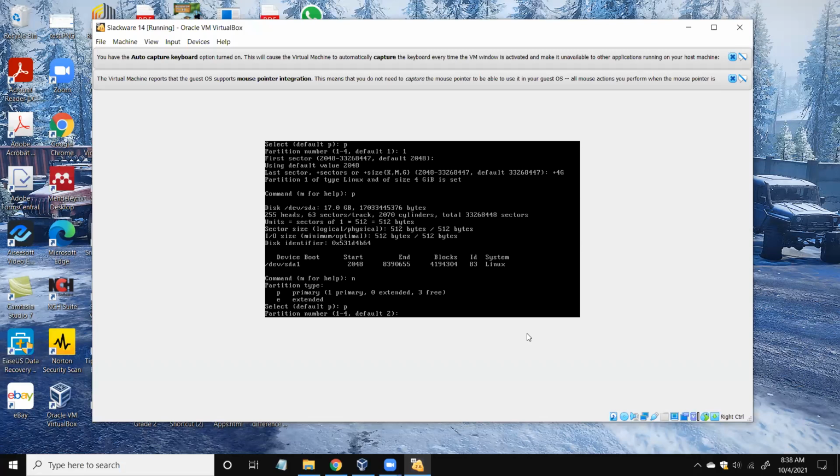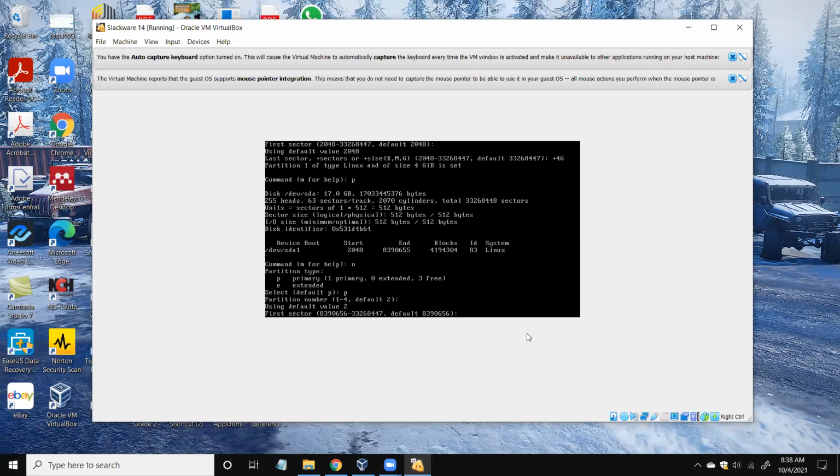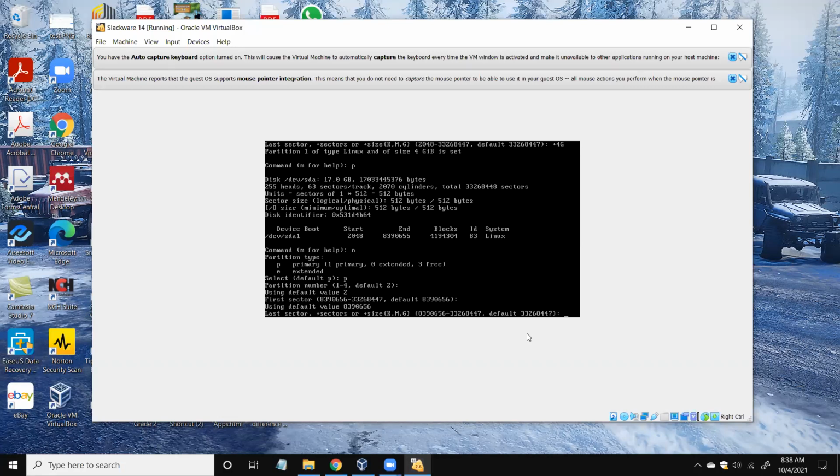Then the partition number. We can create 4 partitions. By default, it will take the next available partition because we have already created one, so we will press 2, or else it will take it as the second partition anyway. Then for the first sector, when I press enter, it will take it as it is.